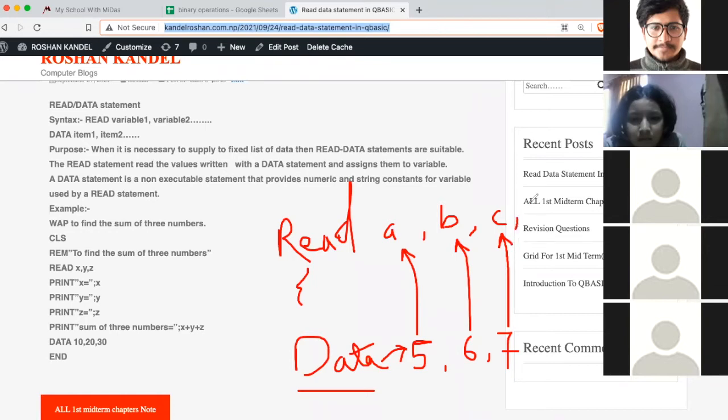If we had a fourth variable and a fourth data item, then this fourth data will be supplied to the fourth variable. And for example, we change these variables. Suppose I change this variable.